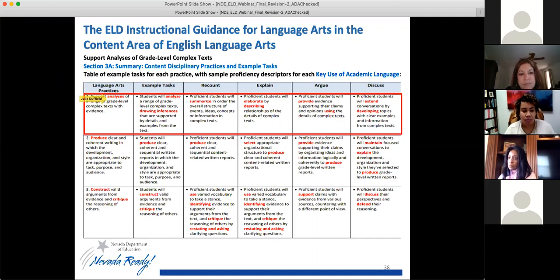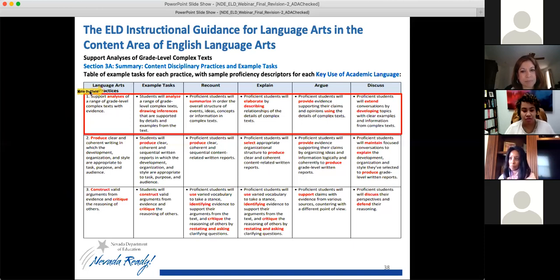And so within language arts, there are 6 disciplinary practices, which are supporting analysis, producing clear and coherent writing. So you can see 3 on here, but there are a total of 6. Constructing valid arguments, building and presenting knowledge, building upon the ideas of others, and using English structures to communicate. So there are a total of 6, but again, we focused on supporting analyses. We could have chosen various directions in regards to the disciplinary practices, but again, we decided to focus on supporting